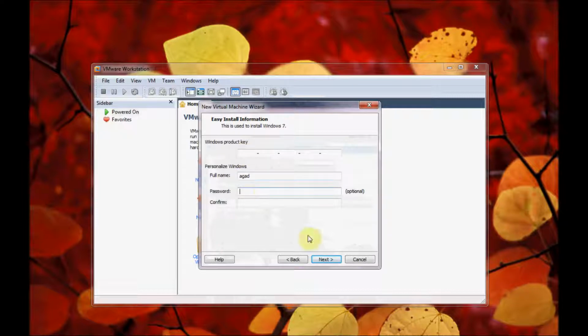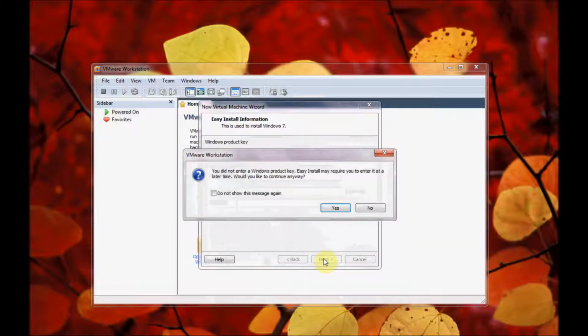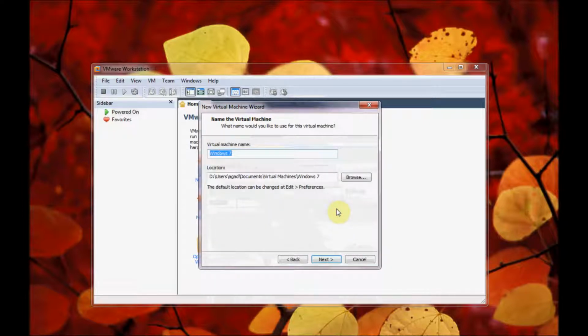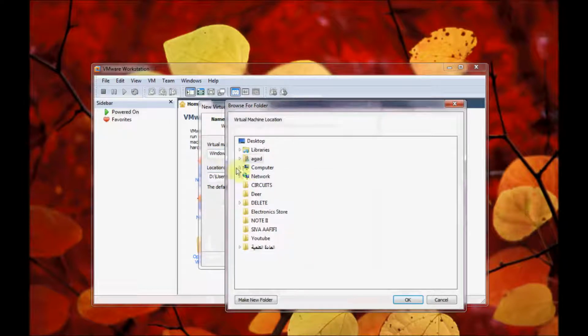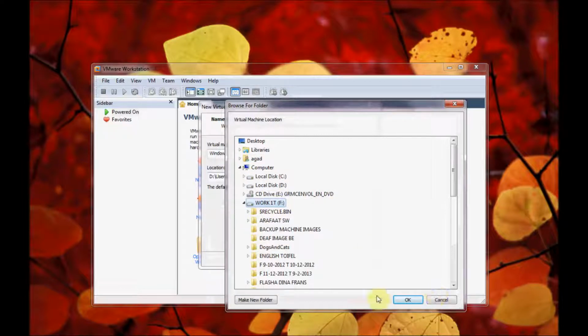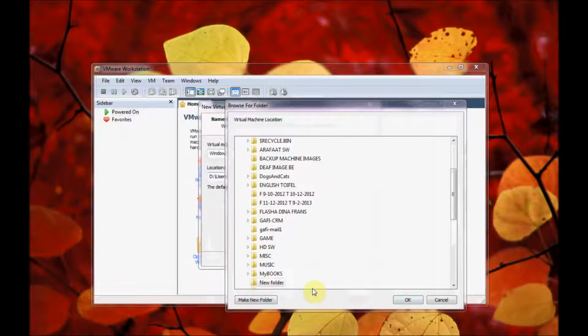After that, it will ask you for the regular username and password, and also it will ask you for the CD key for the CD that you will use. This is an important issue where you will add this virtual machine, where you will add the files in your hard disk or in an external hard drive, whatever. In this case, I'm using my external hard drive,